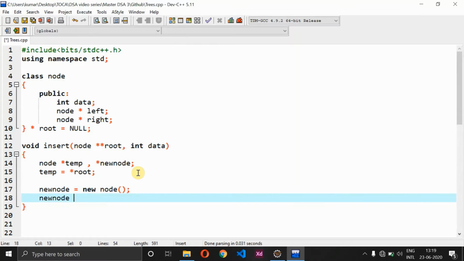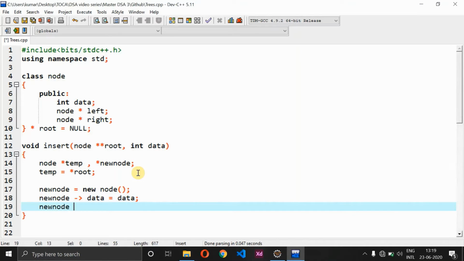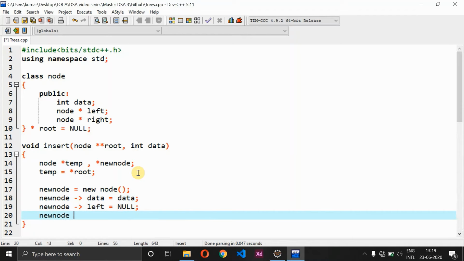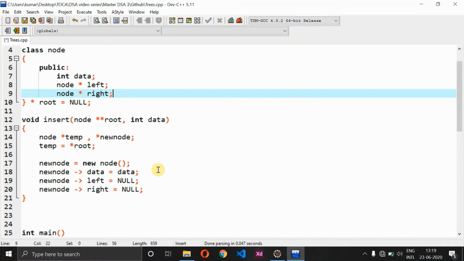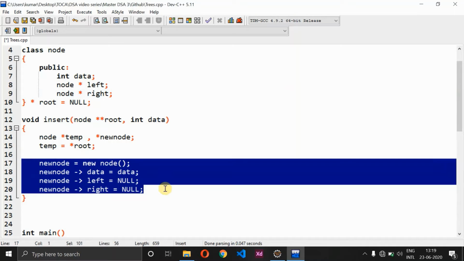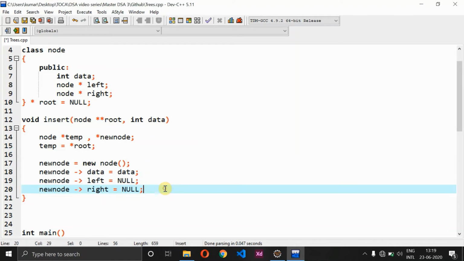So now just do new node of data is equivalent to data, new node of left is equivalent to null, same way new node of right is also equivalent to null. See, so we have just data part, left part as well as right part. So we have given the data to be equivalent to data, and left and right should be null by default. So whenever we are creating a node, it should have the left as well as right node equal to null, so that when it comes with the next iteration, based on the values which we are going to insert, these elements will be occupied again.